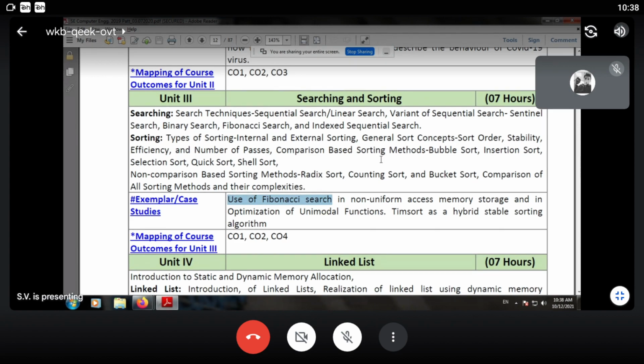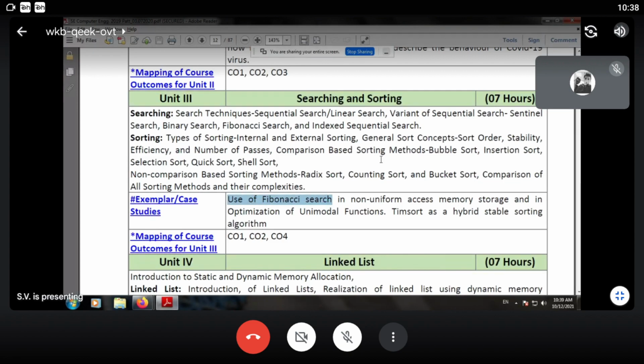So it is a very good model, and it is non-uniform memory access. Yes, indeed, over here when we use uniform memory access, then your array is partitioned into a uniform number of elements. For example, in binary search, we are always dividing the array into two equal parts. But in Fibonacci search, the array is divided into non-uniform parts, that is the storage.